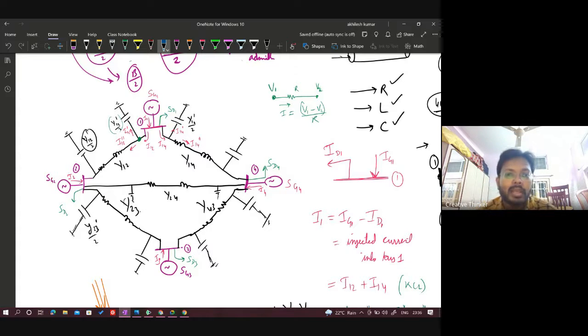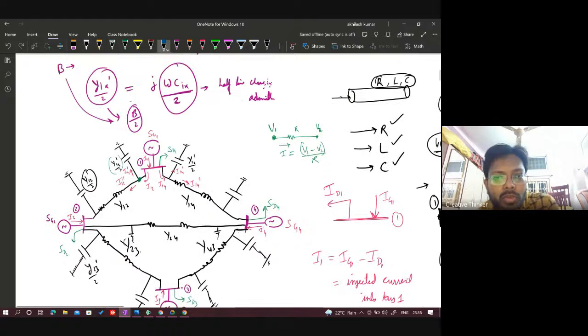So see, what we are doing here is writing the current. When a path is given between V1 and V2, and a resistance is there between the two voltages, I can write the current flowing from V1 to V2 as (V1 minus V2) divided by R. That means current flows with the potential difference divided by the impedance.